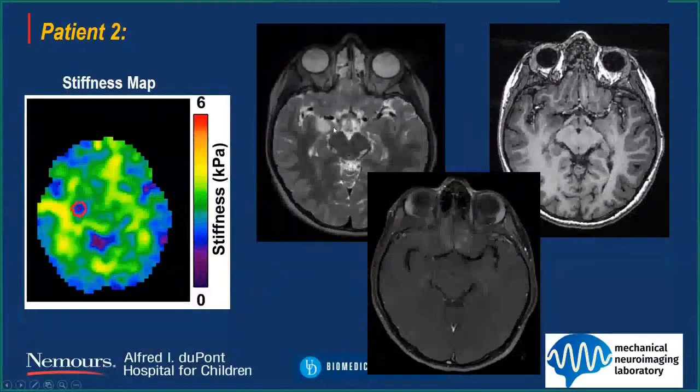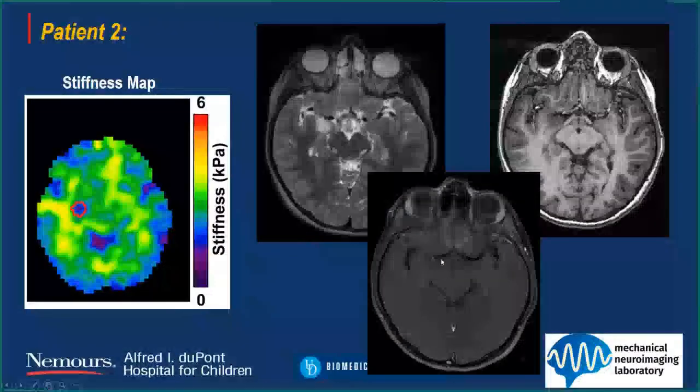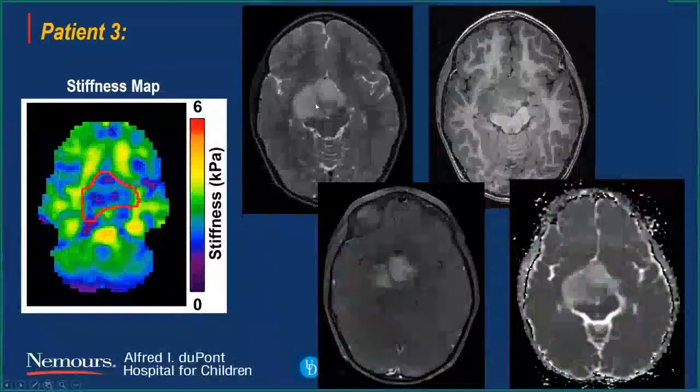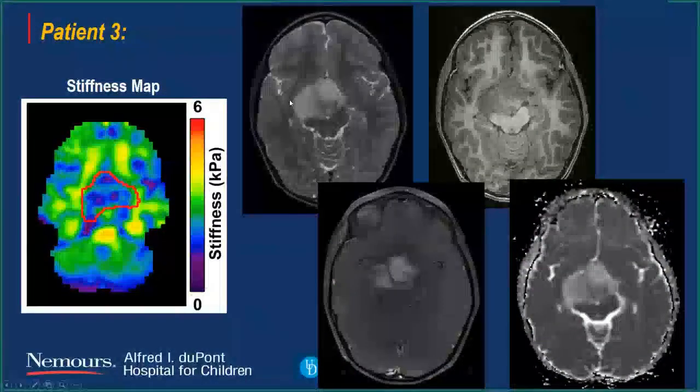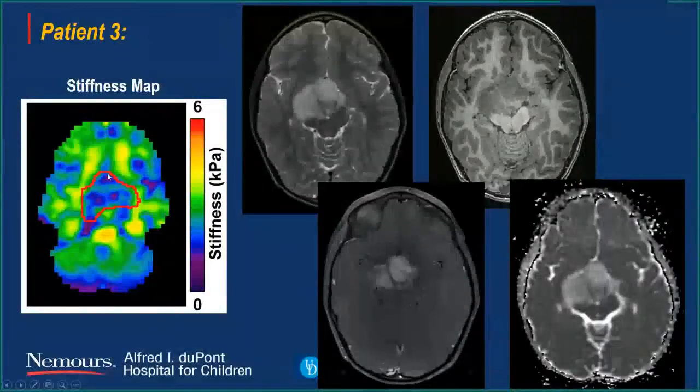Tumor in the anterior and medial temporal lobe doesn't enhance, however, shows reduced stiffness on elastograms. And this is a third patient who presented with headache, had a large mass in the suprasellar region invading into the cerebral peduncle. The tumor is very heterogeneously enhancing, doesn't show any restricted diffusion. And again, on stiffness maps, there is this heterogeneity within the tumor, and there is decreased elasticity as compared to